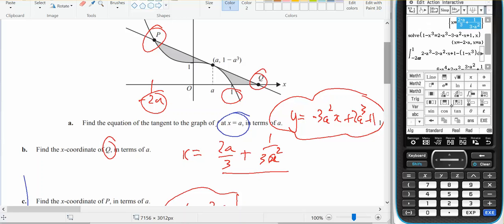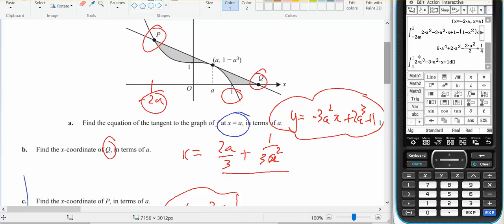So I'm going to copy that, paste it with respect to x. Okay, and then I've got that answer plus this answer, and simplify the answer, and there is my